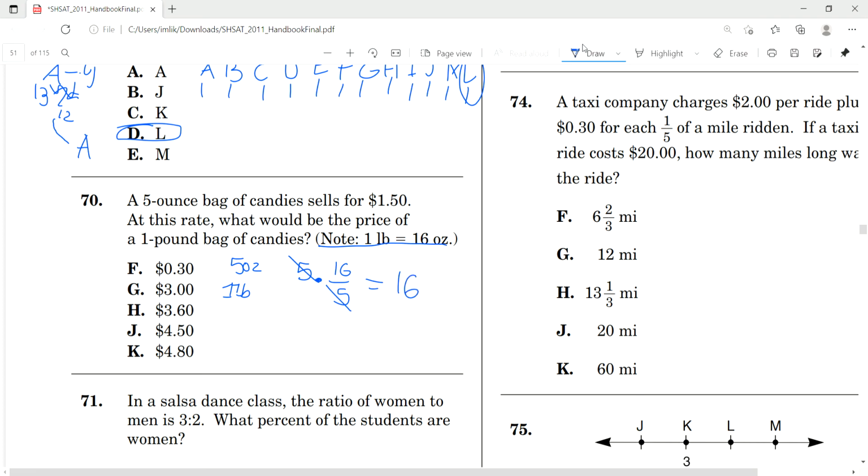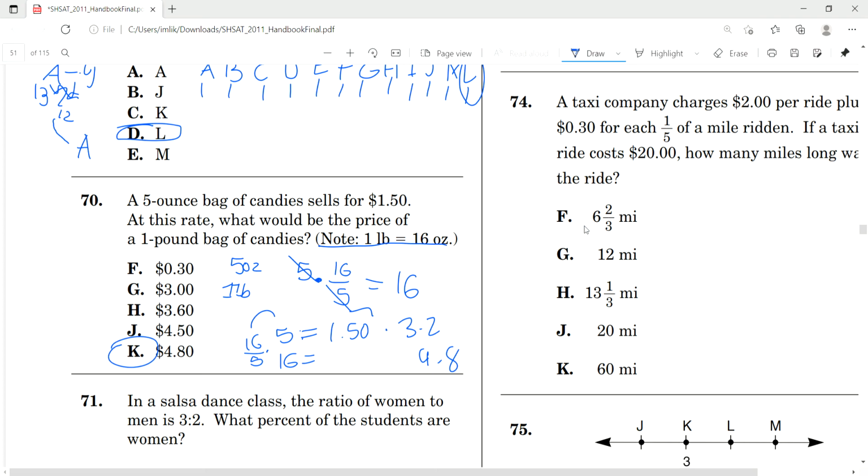But remember, this is kind of a rate. We know that 5 is equal to 1.50, and if we want 16, we multiply by 16 over 5. Whatever we do to this side, we must do to this side, so we have to multiply 1.50 by 16 over 5. 16 over 5 is actually equal to 3.2. So that's the same thing as saying 1.50 times 3.2, which is going to equal 4.8. So 1 pound is equal to $4.8